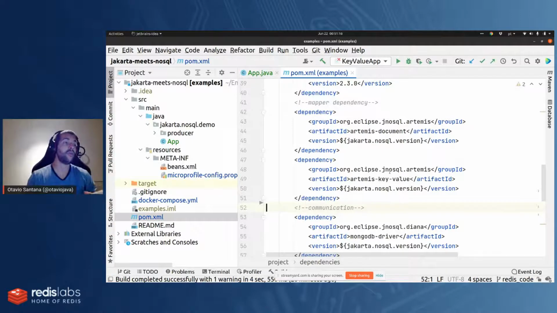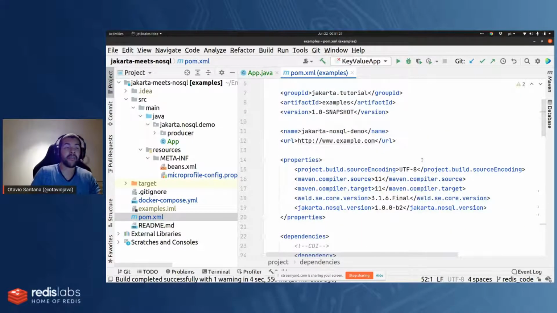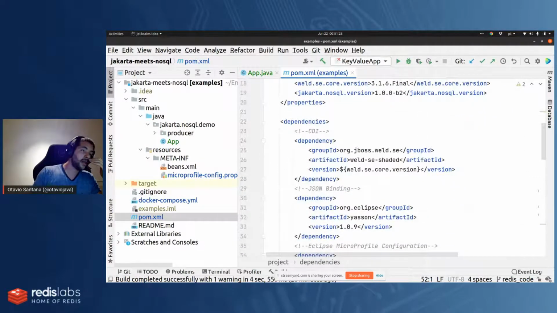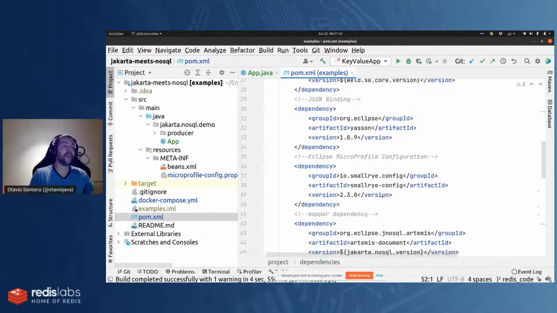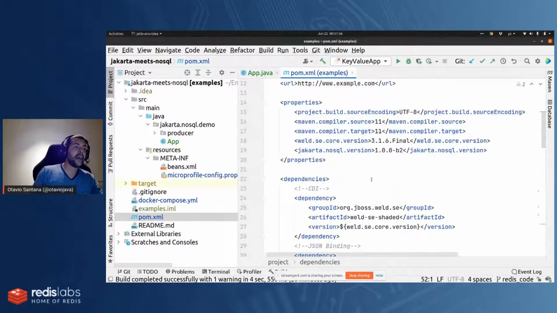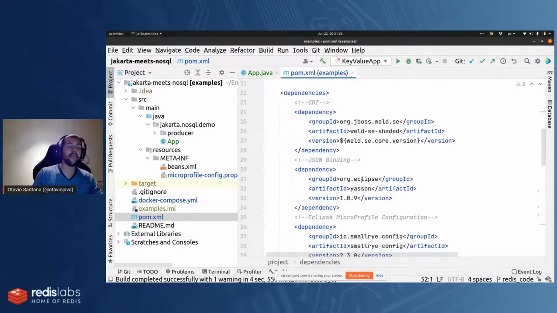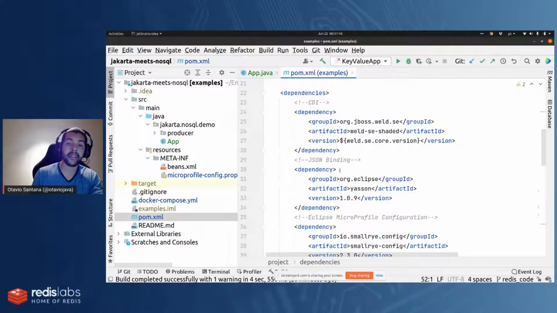Okay, so as you can see here, I'm using XML. Yes, you can use Gradle if you want, but I'm old school, so I love XML files. I'm not a big fan of YAML files. Sorry for not being a millennial. And basically here I have a couple of dependencies. So I have the minimum dependencies to run this application, that is CDI, the dependency injection, and JSON binding